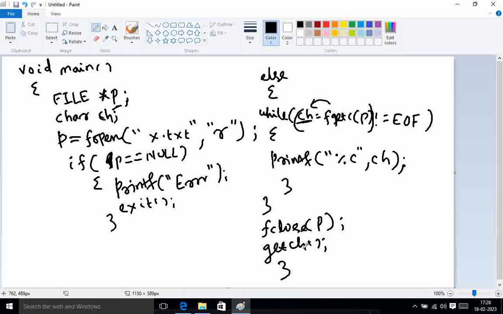Then we give the getch statement, and we close the entire program, meaning the main function is opened there, so we have to close the main function. So that is all about the